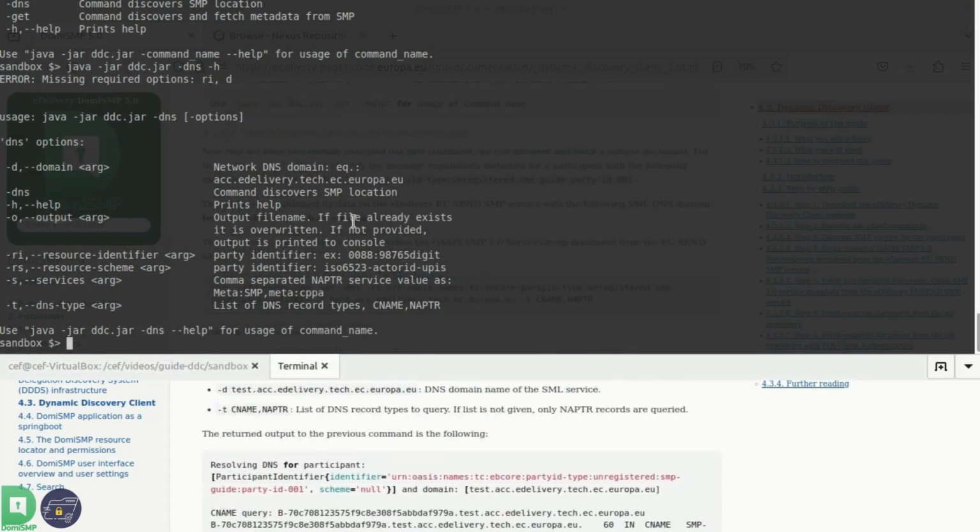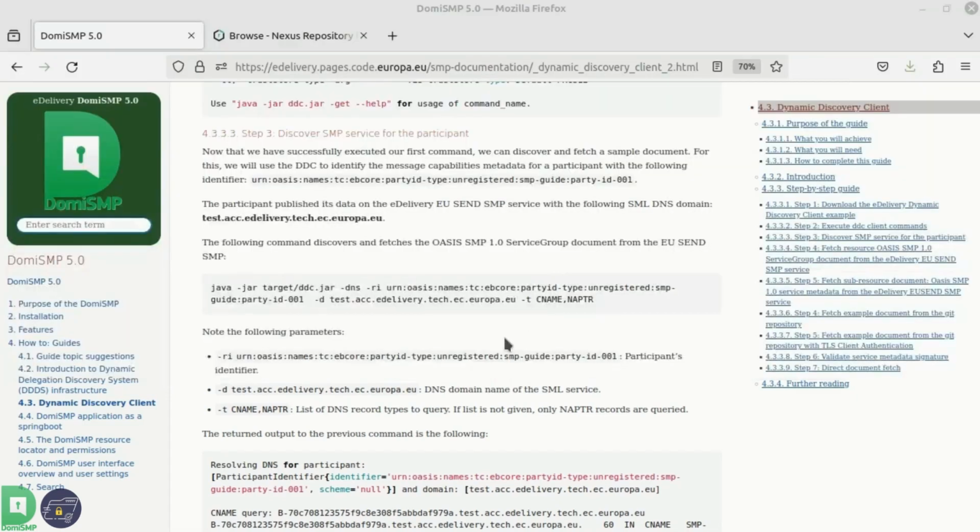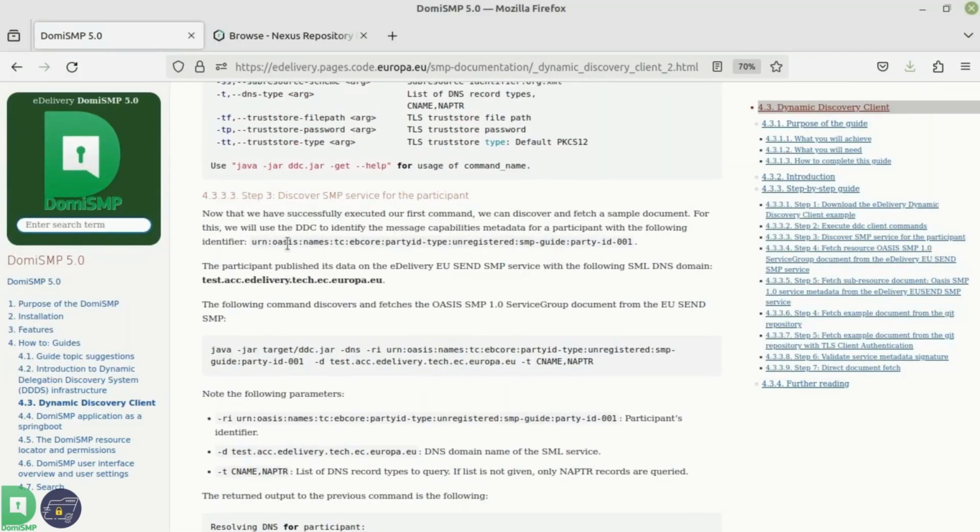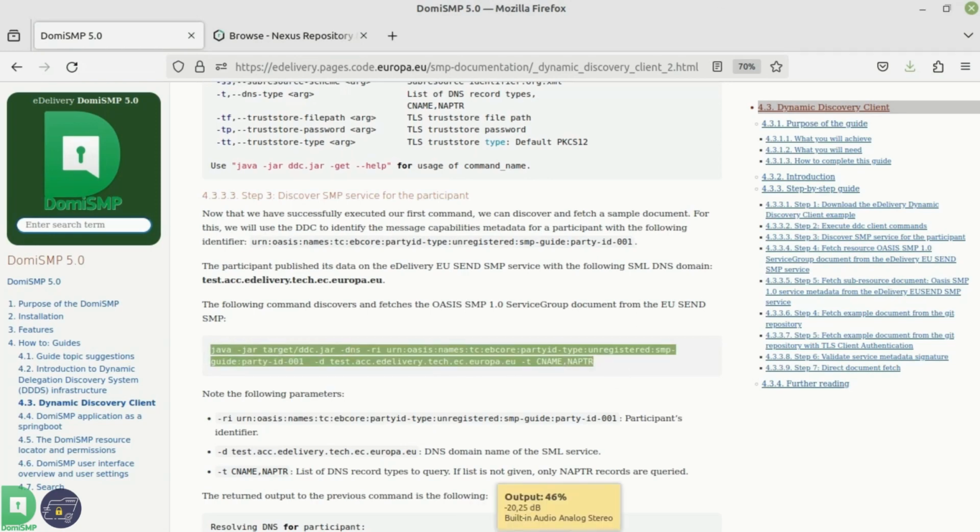So let's continue with our next task, where we will try to find out the SMP URL where the participant identifier publishes its metadata. For this task, I prepared in step 3 an example for the participant identifier, which is the one I just selected here. And I published the NAPTR record in the domain test.acc.edelivery.tech.ec.europa.eu. If you copy and paste this command, the same way as I did right now, and paste it to the console,